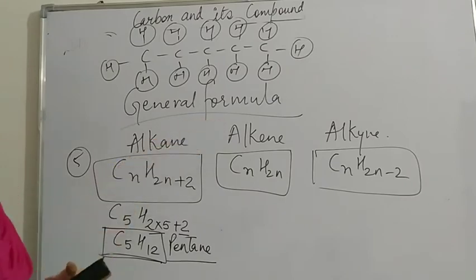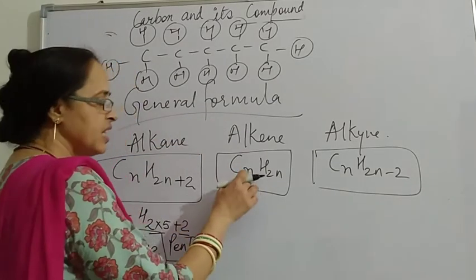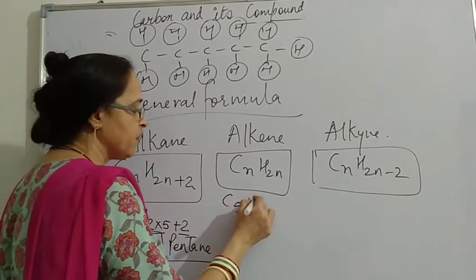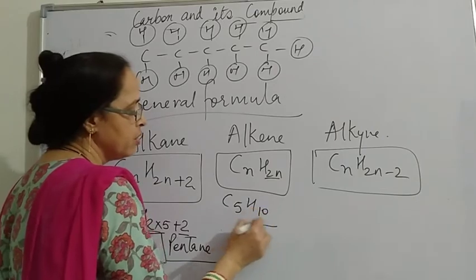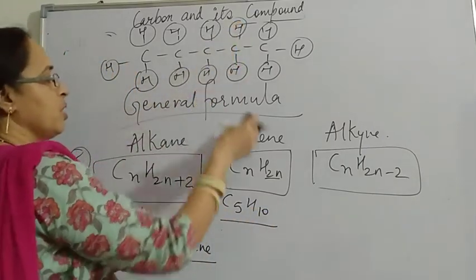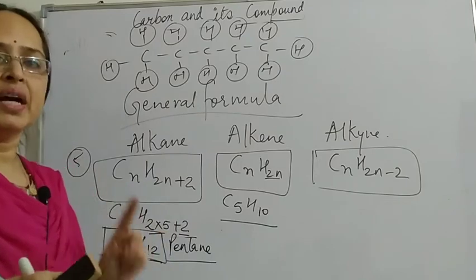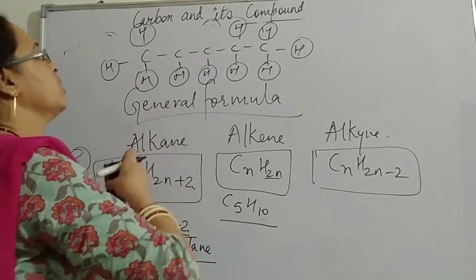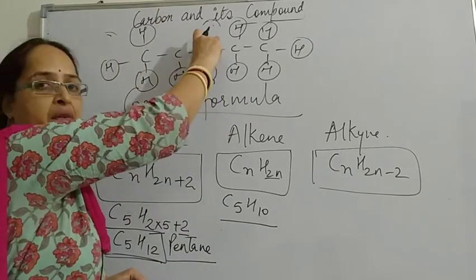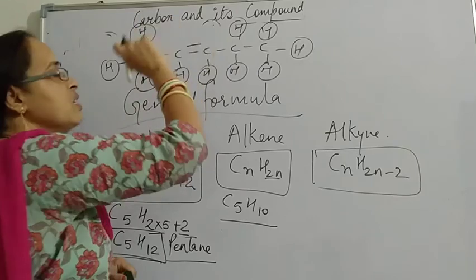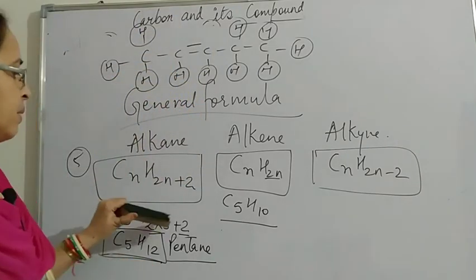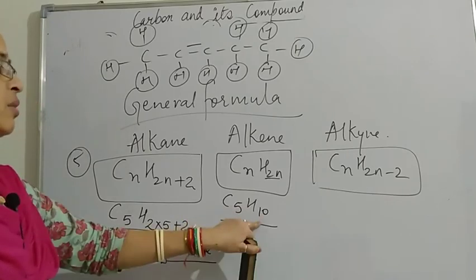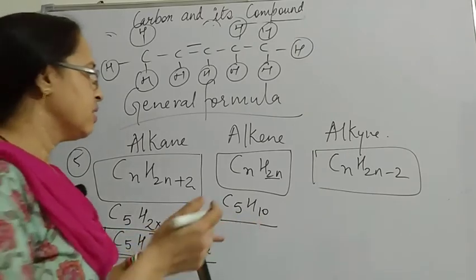Now when we talk about alkene, alkene here CnH2n. Again for the same 5 we take C5H2n, here comes to be 10. That means when we are talking about alkene, there should be one double bond. And suppose if I take a double bond over here, that means 2 hydrogens are removed, and then comes the double bond. So here directly we'll minus 2 hydrogen, 12 minus 2, that comes to be 10. So here comes the 10, and the name will come to be